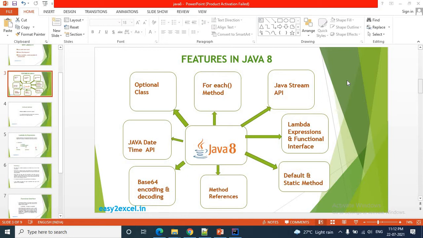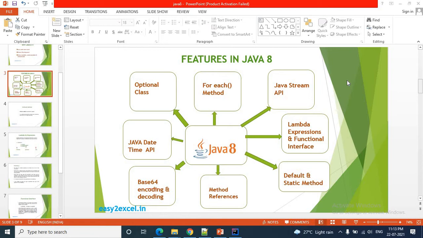So before going to the Optional class definition, let me share the problem we face regularly, to overcome which problem the Optional class comes into the picture. As a developer, we know we frequently encounter the null pointer exception in our code if we don't check for null.